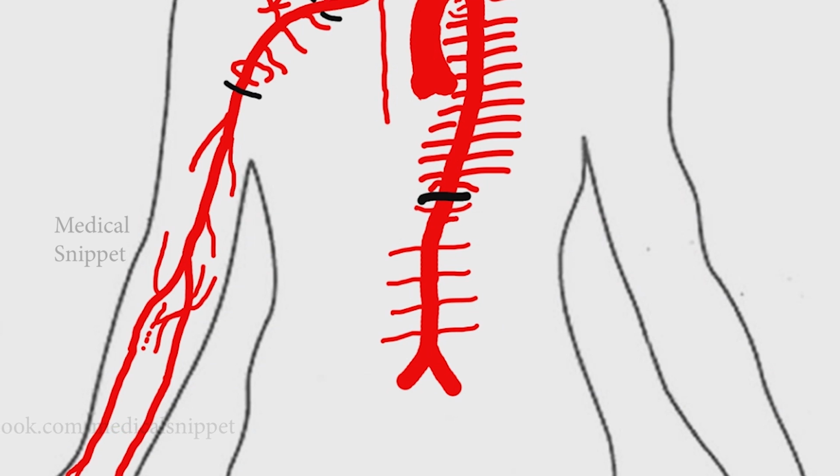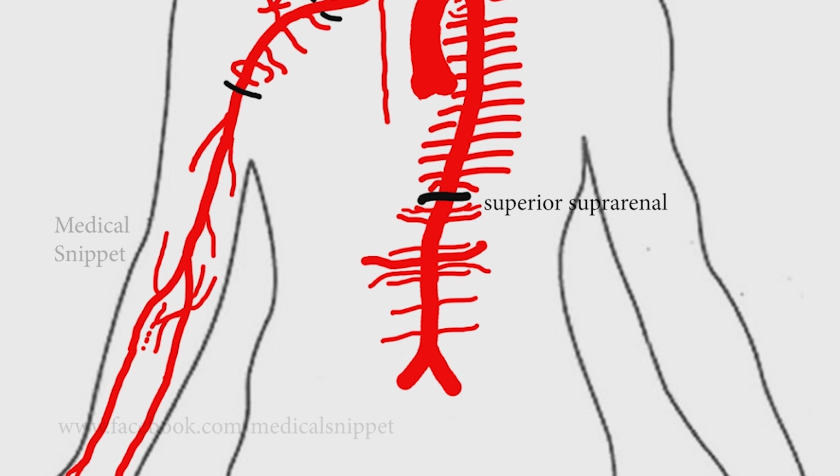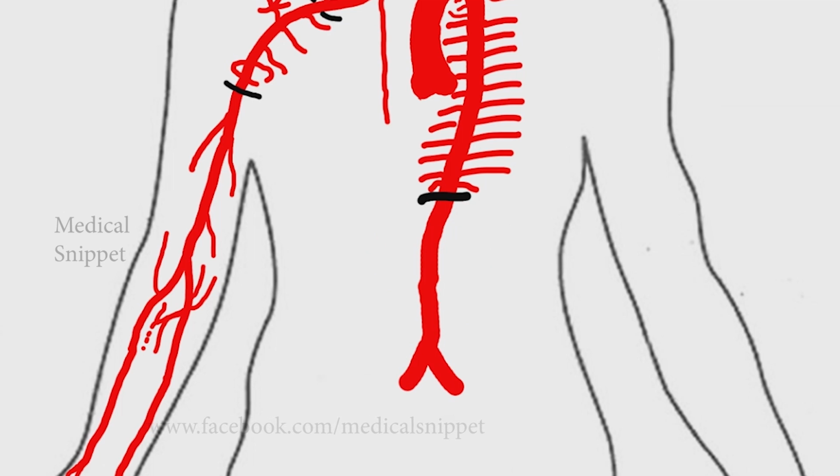Next we'll see the 3 paired lateral visceral branches, middle suprarenal artery, and gonadal arteries, testicular arteries in male, and ovarian artery in females. The inferior phrenic artery gives rise to superior suprarenal artery, and renal artery gives rise to inferior suprarenal arteries. We'll hide the above branches to see the 3 single anterior visceral branches, celiac trunk, superior and